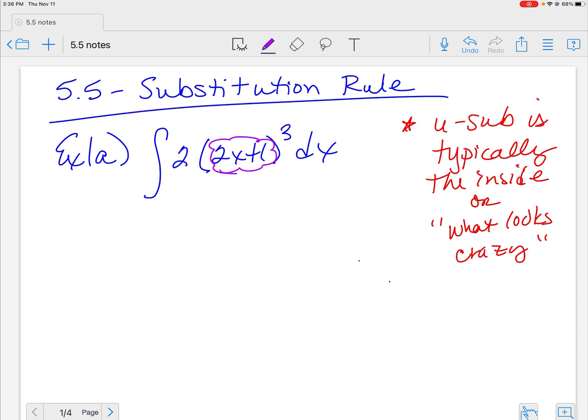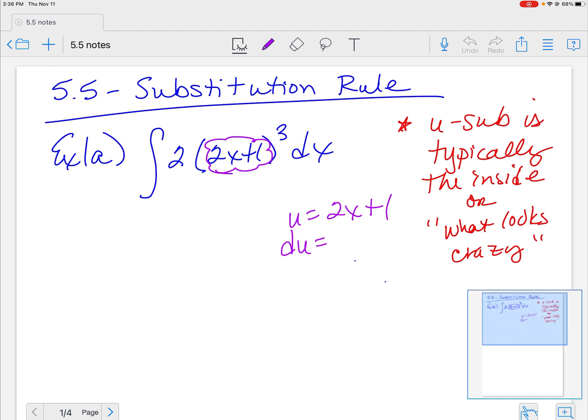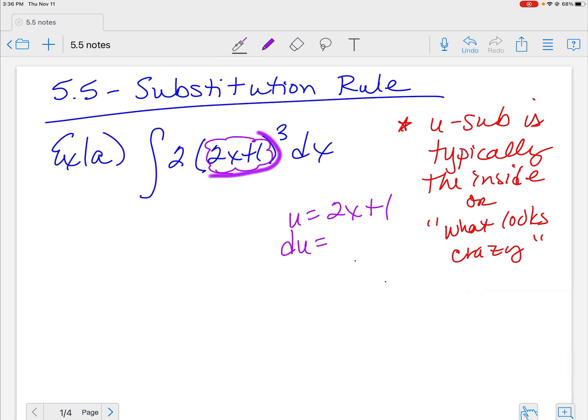So U is going to come off to the side whenever I have this U substitution here. And I'm going to make my U equal to 2x plus 1. Then you have a du. So what we are doing with a U sub is we're taking something that I cannot integrate. Now, can you technically go through, multiply this out 3 times and work it? Yes. Technically you can, but,